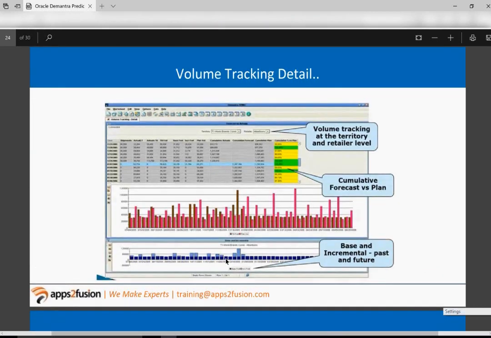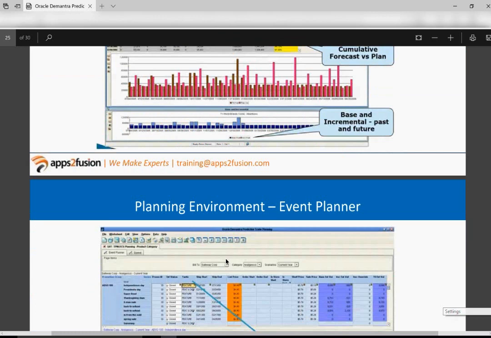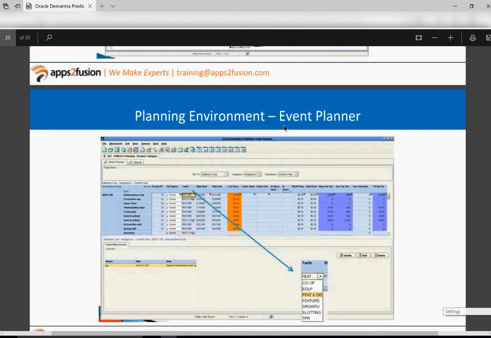This is again another version of it. And then this is my planning environment where I have listed a promotion group. So in this particular customer scenario, a promotion rolls to a promotion group. And promotion level is what is depicted in a level series, which is called promotion ID. So with the help of a promotion ID, I am actually pinpointing an actual promotion. So every row in this table you see is actually a promotion.